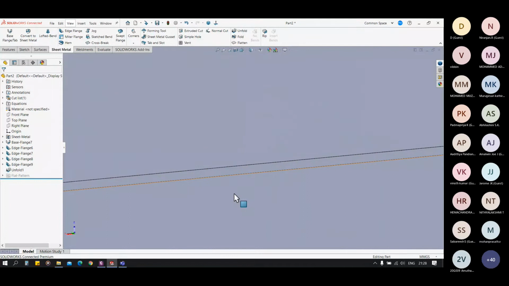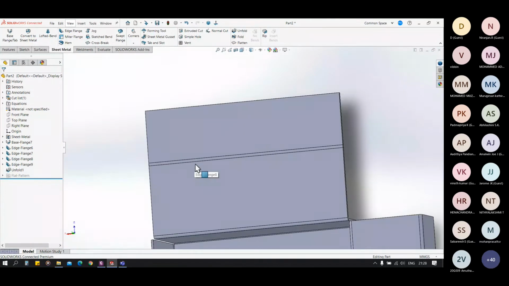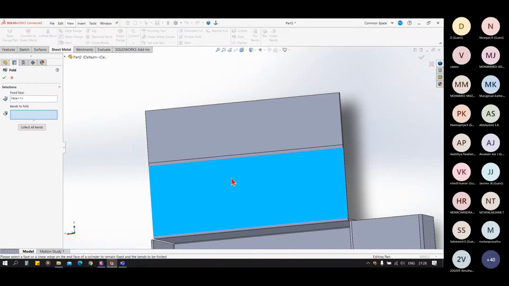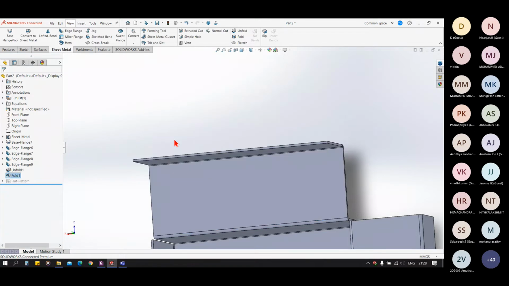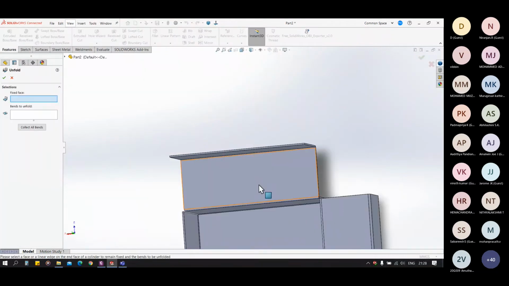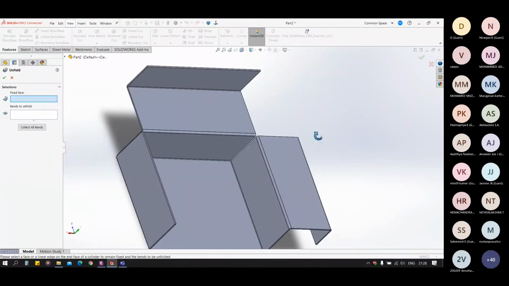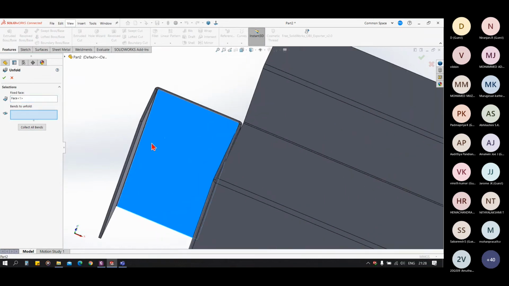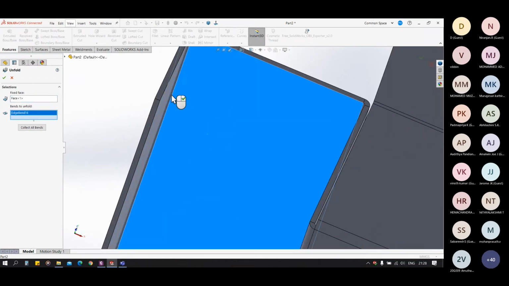bend region. To fold that bend again, I can select the fixed face and the bend, and you can see it will be folded again. Repeating again, unfold and fold: you can select the fixed face and the bend.